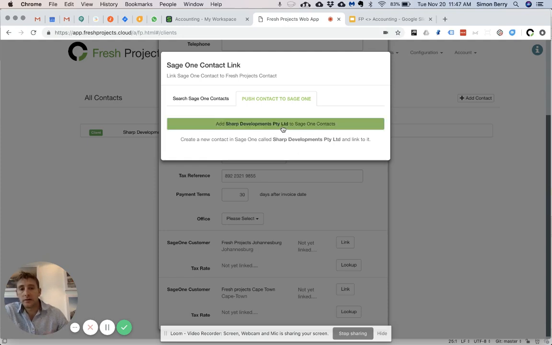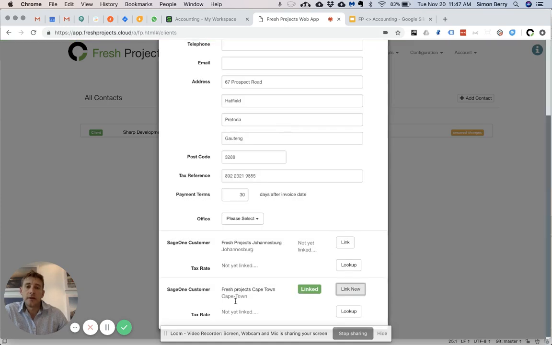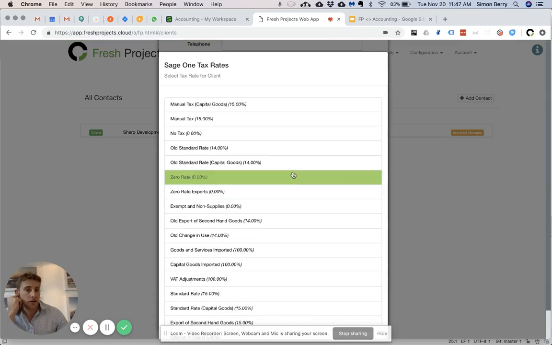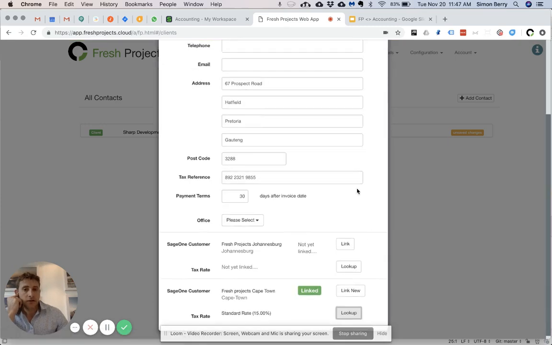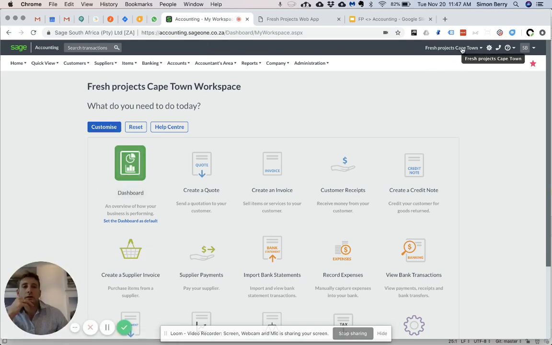So I can decide, yeah, I just want to add my client through to Sage. So if I click on that button, you'll see it's linked through to Sage. And again, I can choose my tax rate. I'm going to choose the standard rate again. Save that. So if I actually now go across to